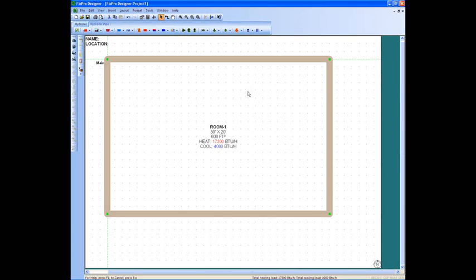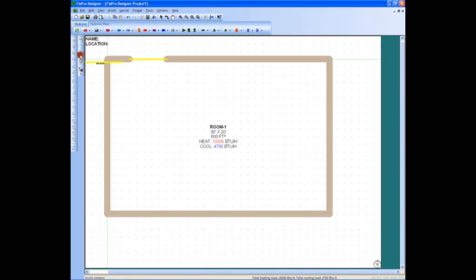We have to now put some windows and doors in this building. So we'll go back up here to this little icon up on the left that says window, and we'll click on that, and you see a yellow line that represents a window. So we just bring that over and drop that somewhere into the building. And as soon as we drop that into the building, we just created a hole in the building. Our heat loss is increased because, again, we put a hole in the building. So we'll put some more